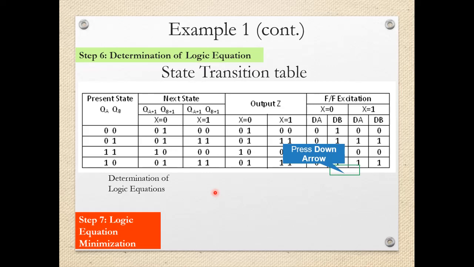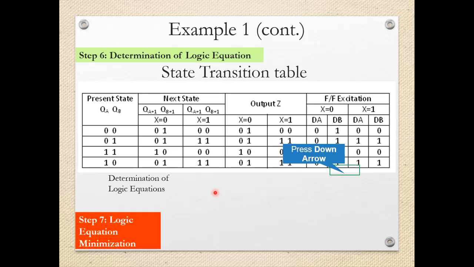As we are going to use a delay flip-flop or a D flip-flop, this column of next state and the excitation of the D flip-flop will both be exactly the same, because it is a delay flip-flop, and whatever output we require as a next state output of the flip-flop, the same should be applied, and then after 1 clock pulse, that will be available as the output as a next state.